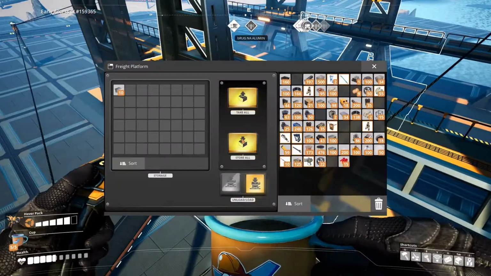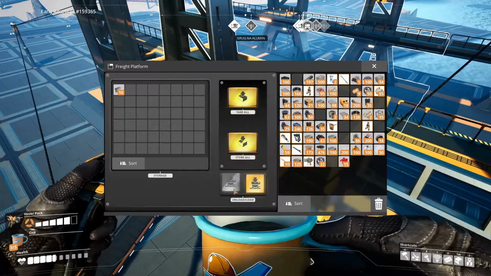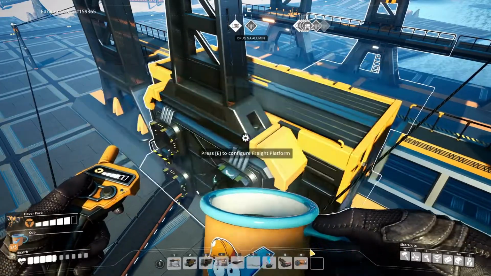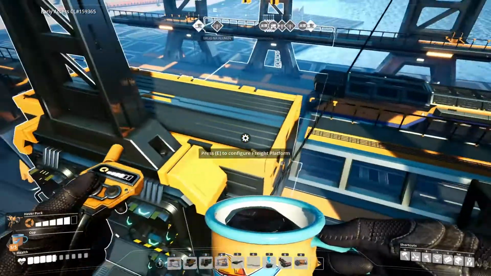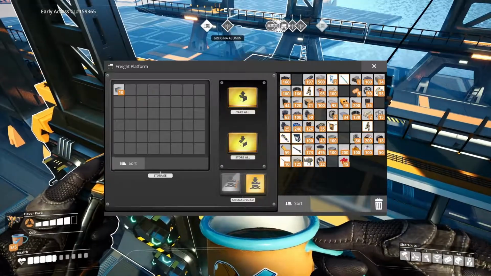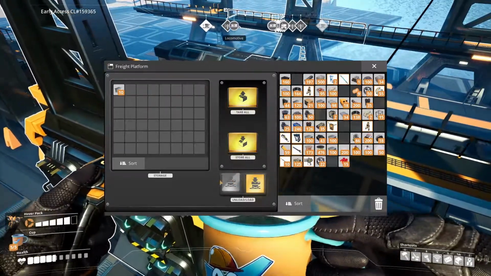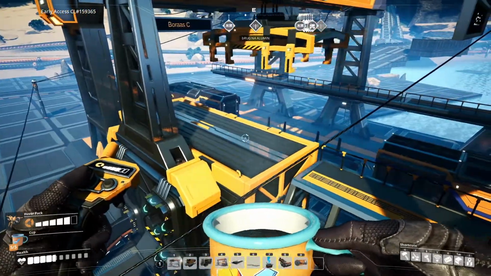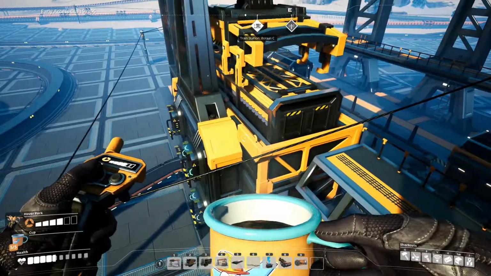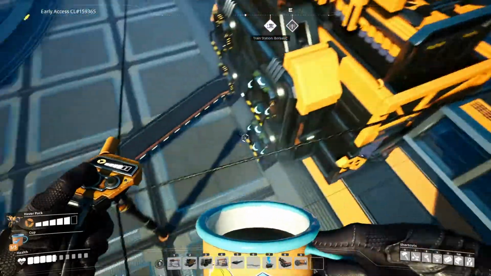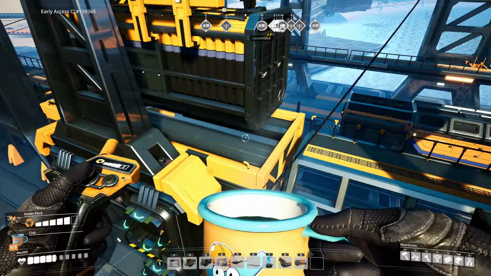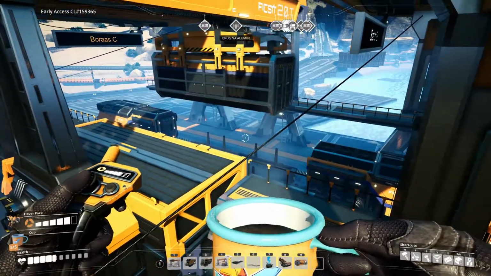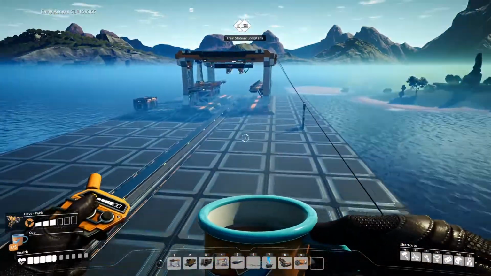Now, this is how you configure this while we wait for the train. You will see that you've got two buttons here at the bottom, unload and load. This means that for the train to load at this platform, it needs to be on this setting here. You will now see it's going to come and take all the resources all at once. There's no waiting for a conveyor belt to transfer it over. It just picks up the whole container and dumps it on the train,